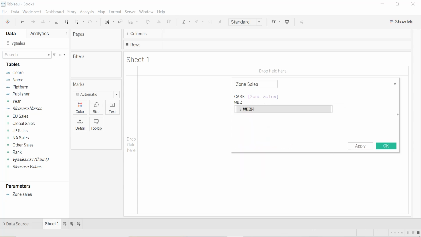So right, when we have Europe sales, put it like string EU sales, then we will have Europe sales. Okay, when we have, for example, global sales,